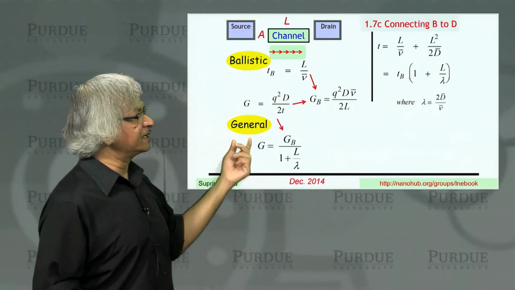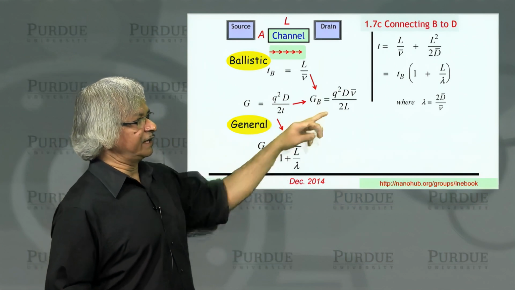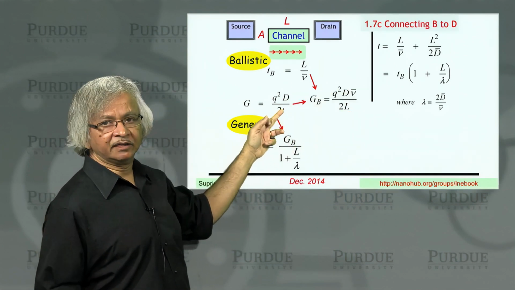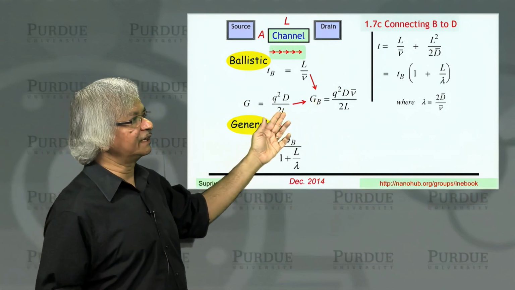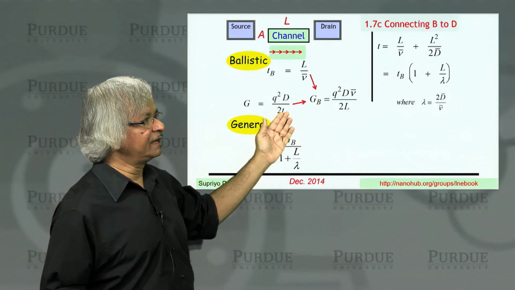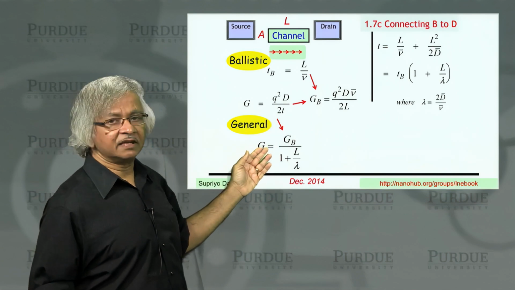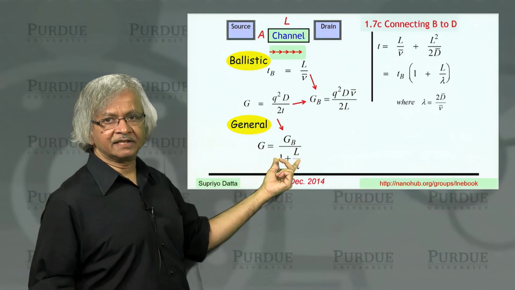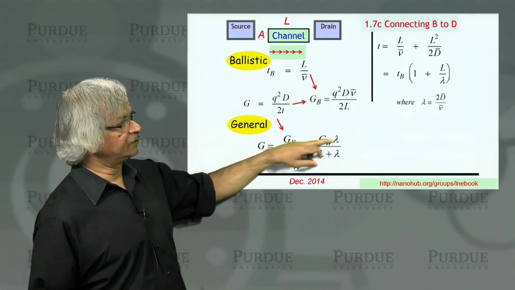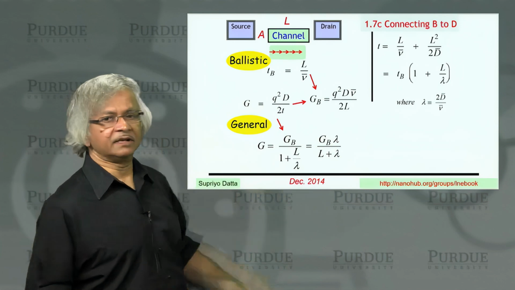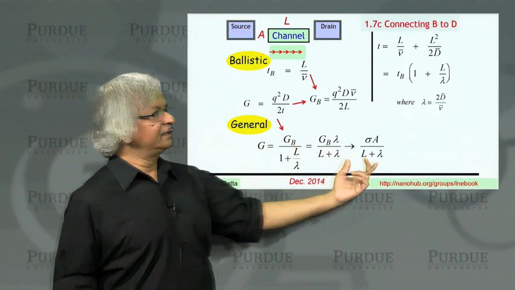So what you'd get then is the conductance would be the ballistic conductance divided by that factor. Why? Because the T is in the denominator. So when I put a ballistic time there, I got this. Now I'll put something a little bigger. I'll put the ballistic time times that factor. So when I put that in, the conductance I'll get will be less by that same factor. So this is the expression you'd get, which you could rearrange to write as GB lambda over L plus lambda. And this is something you can then identify with this expression,